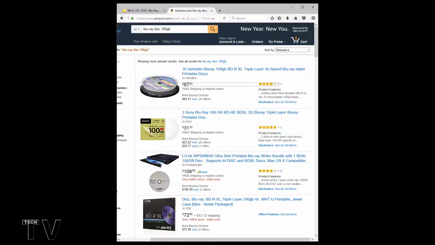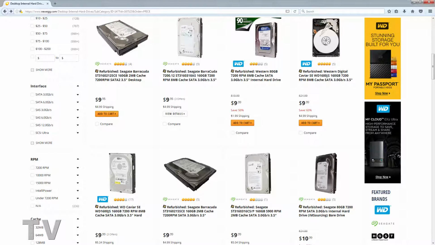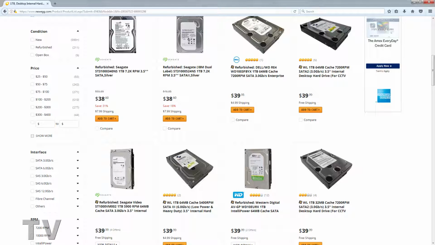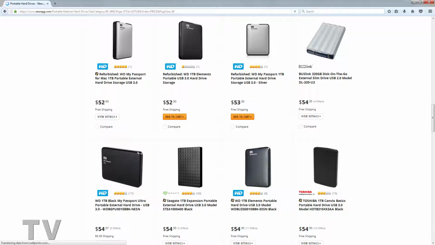a pop, so it'd still be a better storage option than these particular units because you are getting 10 of them. Keep in mind you can't read and write to them like you would these hard drives, but that's what I'm saying. It's for archiving purposes, not for everyday use. As everyone knows, external hard drives, whether they're Thunderbolt or USB, are usually going to be more expensive than the internal counterparts. You can get the 1 terabyte internal drives for a lot less than these 1 terabyte external hard